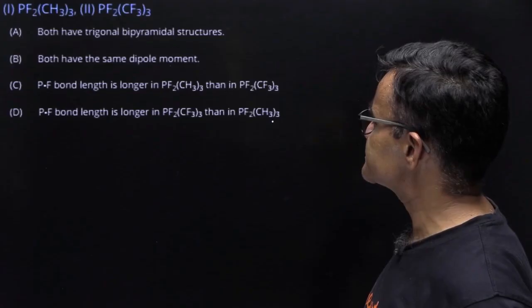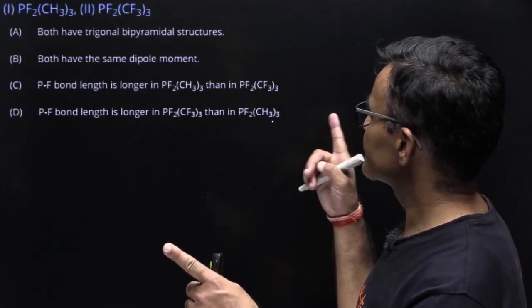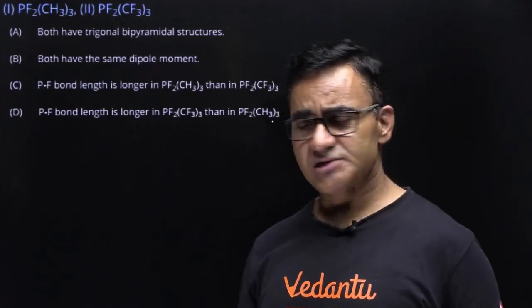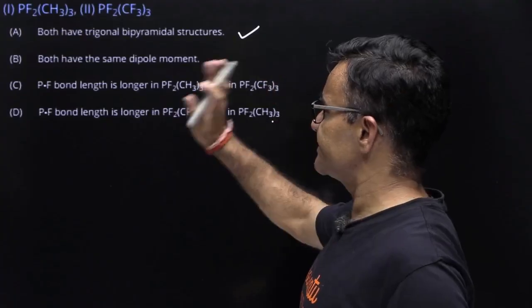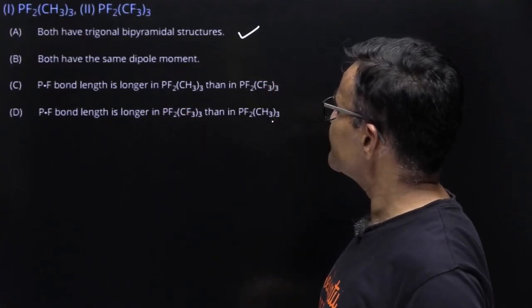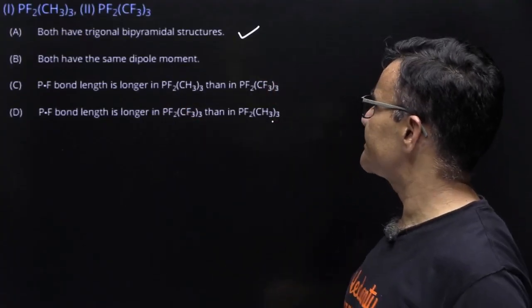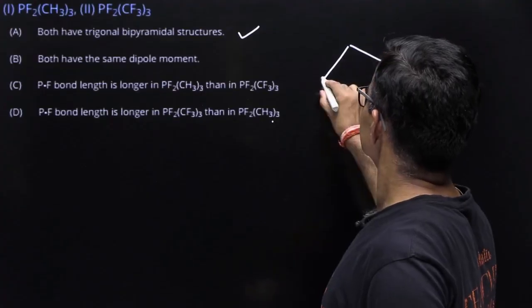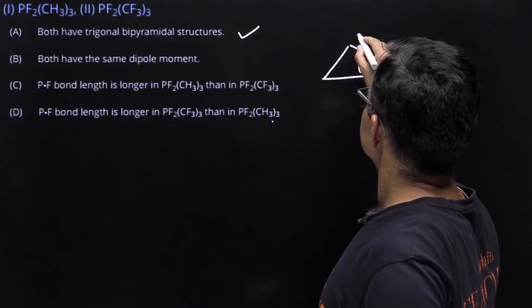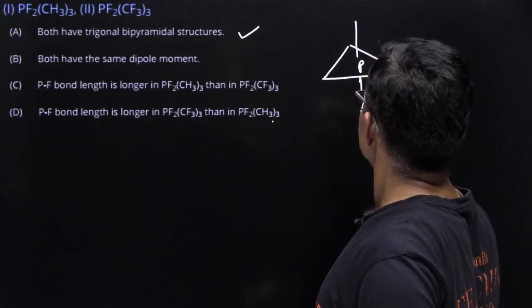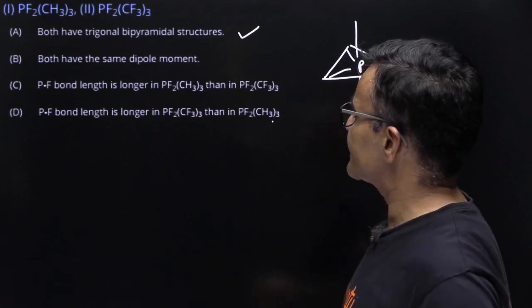इनकरेक्ट स्टेटमेंट बताना है। PF2(CH3)3, ये sp3d2 हाइब्रिडाइजेशन दोनों हो गए, तो दोनों का ट्राइगोनल बाइपिरामिडल स्ट्रक्चर होगा, तो ये करेक्ट स्टेटमेंट है, आंसर नहीं होगा। बोथ हैव सेम डाइपोल मोमेंट, वो अपने को चेक करना पड़ेगा सेम डाइपोल मोमेंट है या नहीं। देखो रूल ये है कि TBP में जो ज्यादा इलेक्ट्रोनेगेटिव एटम होता है उसको हम एक्सियल पोजीशन पे रखते हैं,